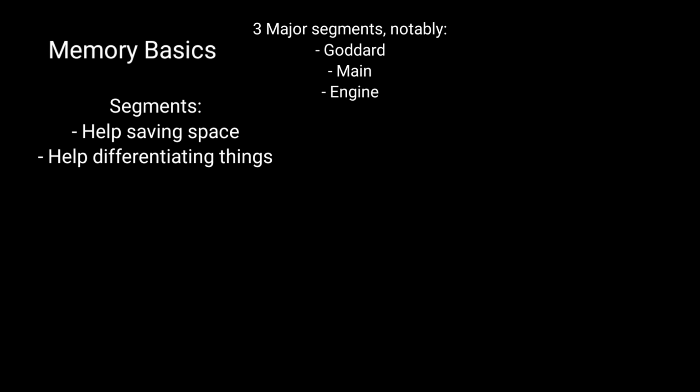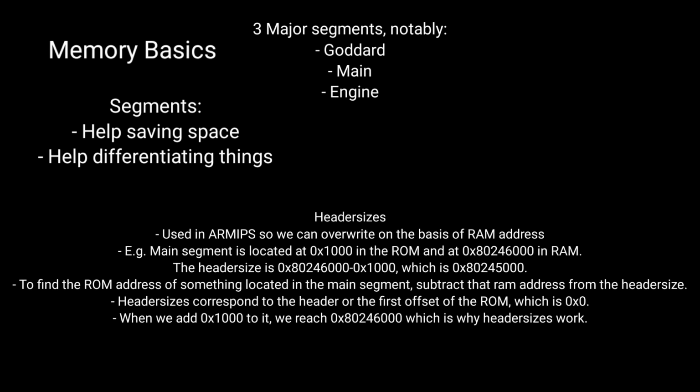Now let's talk about header sizes. These are used in ARMIPS, so we can overwrite on the basis of RAM address. So we do not need to worry about finding the ROM address of a specific thing. For example, the main segment is located at 0x1000 in the ROM and at 0x80246000 in RAM. The header size is